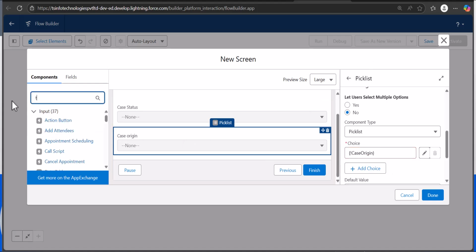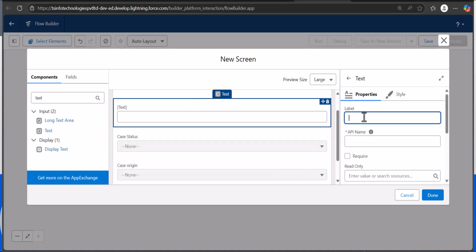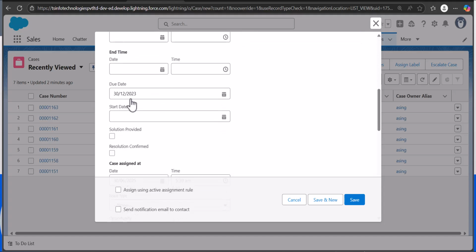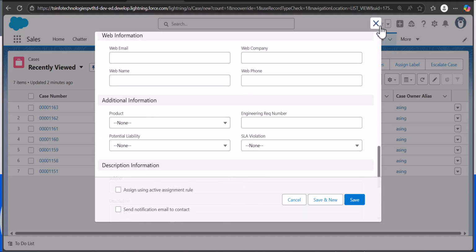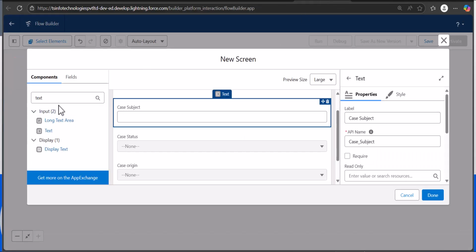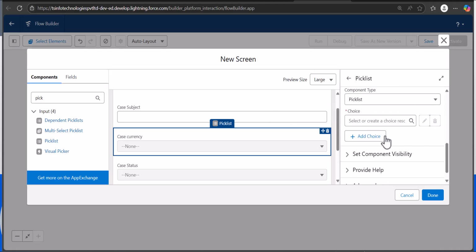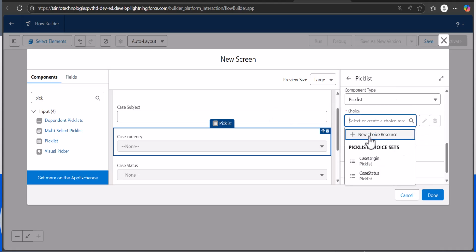So here I will add one text field, that is the case subject, and here in my settings I have one more required field, that is case currency. So I will add case currency also. So it is again a pick list field. Case currency. And for this also we will create a new choice resource in the same way,